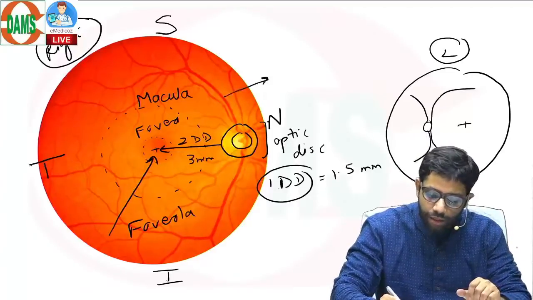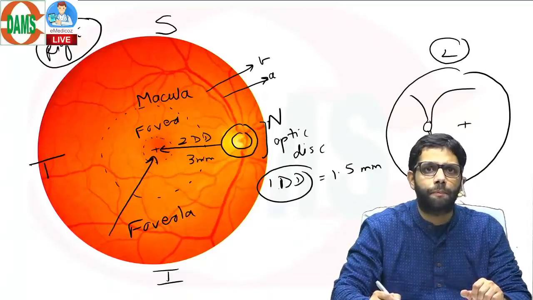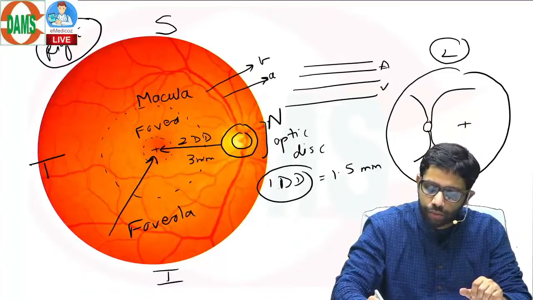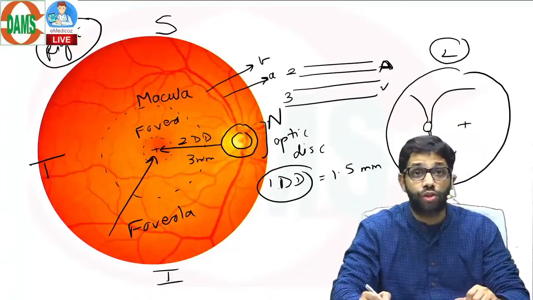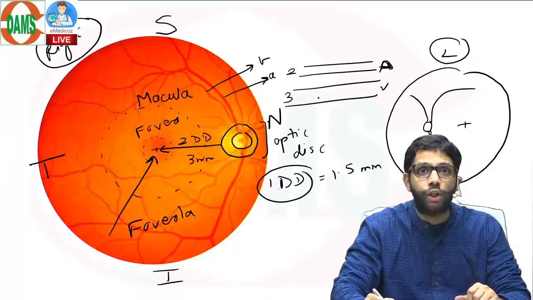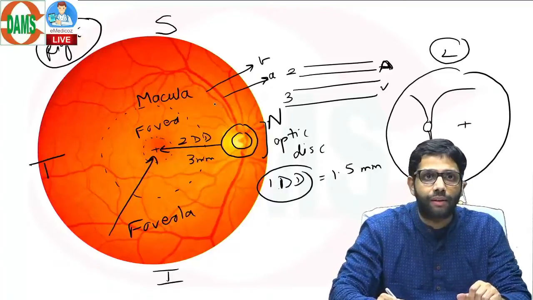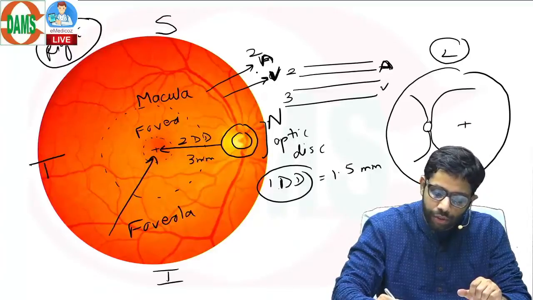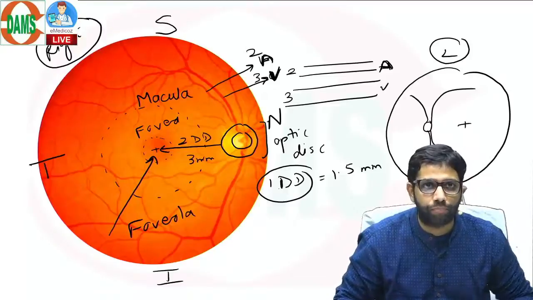But one of these is artery and one of this is vein, A and B. What do you think, which one is an artery and which one is a vein? In retina, the arteriovenous ratio, they are in the same compartment, artery and vein, is 2:3 ratio. Means the lumen of the artery is smaller than the lumen of the vein. So just see who is thinner. This B is thinner, means B is artery and A is a vein, because the ratio is 2:3. The lumen of the artery is smaller than the lumen of the vein, 2:3.